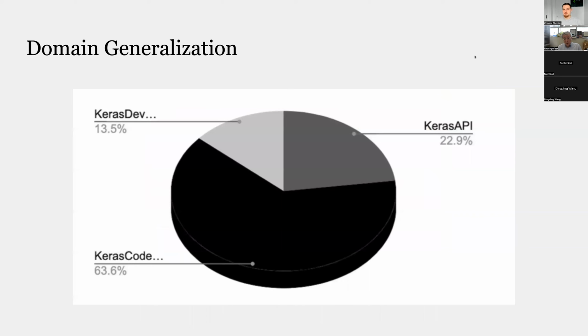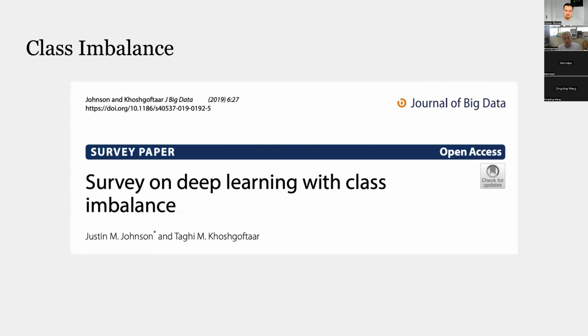So another experimental investigation was this language modeling one, on a particular subset of text information, and seeing how well it can generalize across the different information sources. So if you train it on the code examples, can it generalize to the API reference? And again, it can't do that. So this was very motivated by my PhD advisor's expertise in class imbalance and understanding that generalization testing, when you have, say, imbalanced cases, fails to generalize to the minority case. And so I had this perspective of wanting to dig deeper into generalization testing and understanding the performance of the models.